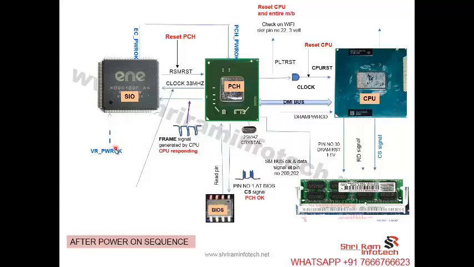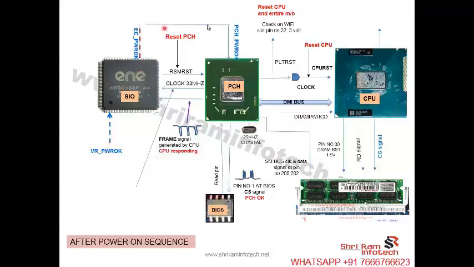The VR power OK goes to the SIO 3 volt. When SIO receives this signal, VR power OK, that means the VRM section is OK. The VRM core voltage is the last voltage which is going to generate in any motherboard, because it requires a huge current, right? Yes. So as soon as SIO receives this VR power OK, SIO sends out one signal that